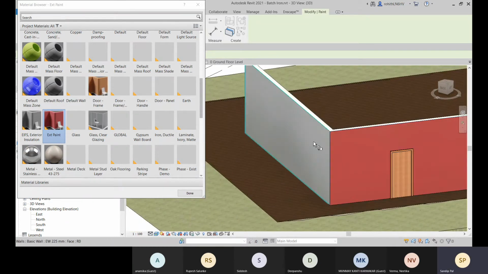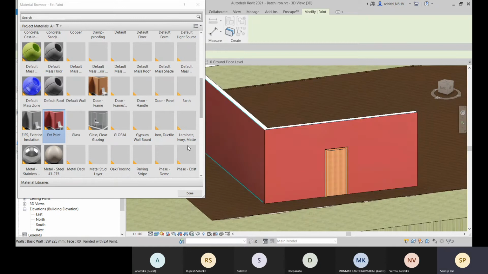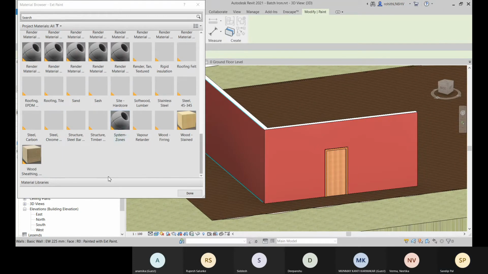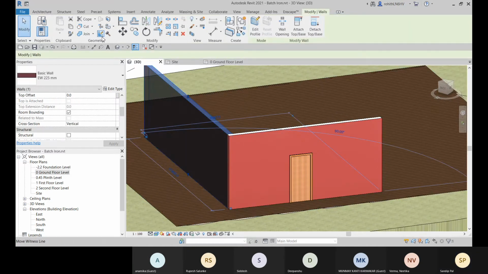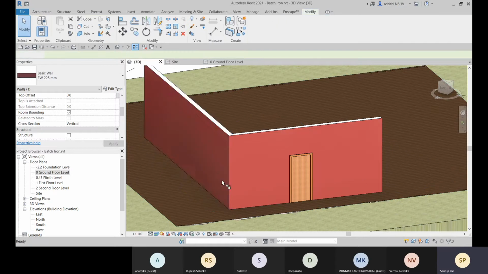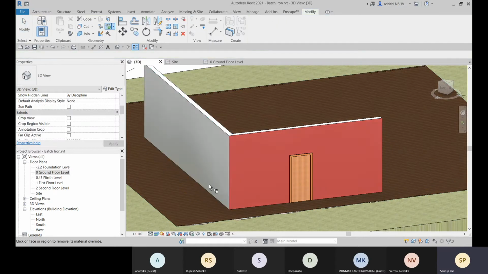All right, and here also. So I have applied. OK, and you can apply some other paint if it is needed. Right now, let me show you how to remove the paint. Click on this remove and click here, and that is removed.